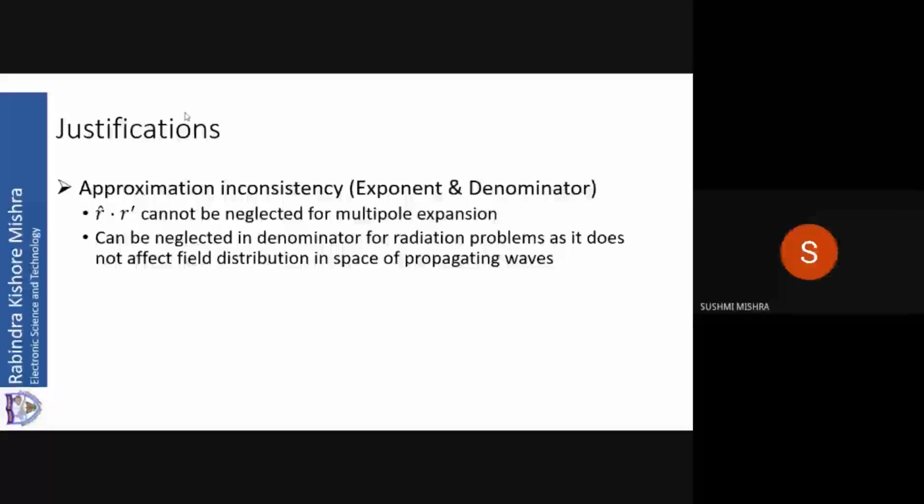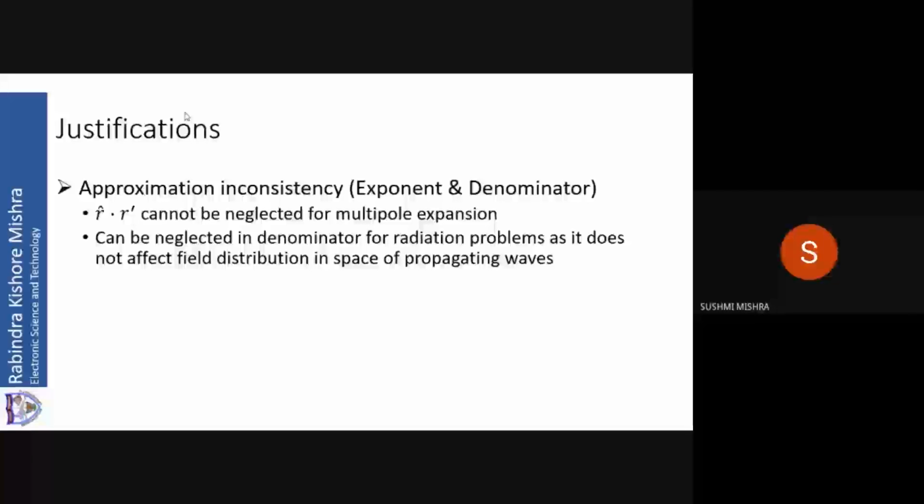Now the radiation field, we know, depends on theta and phi. The radiation field distribution of the electric field in the far field zone depends on theta and phi. Right? The distribution depends on theta and phi. Magnitude or amplitude depends on r. So for the distribution, r has no contribution.